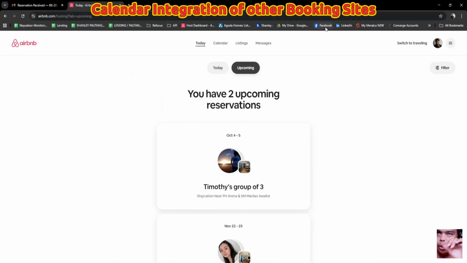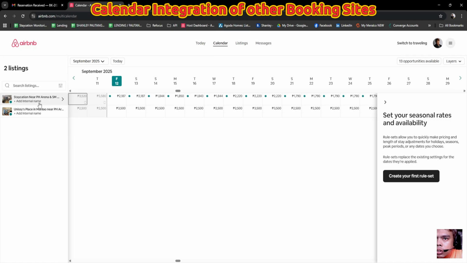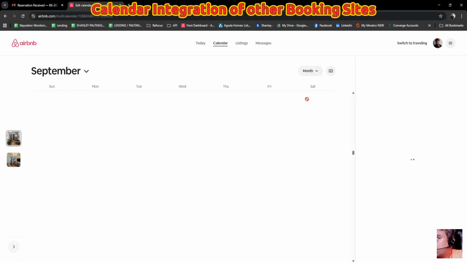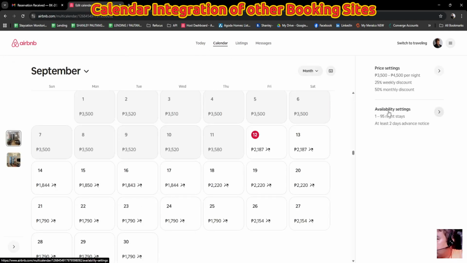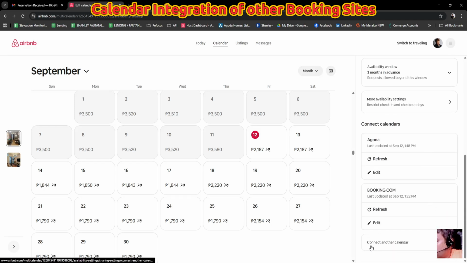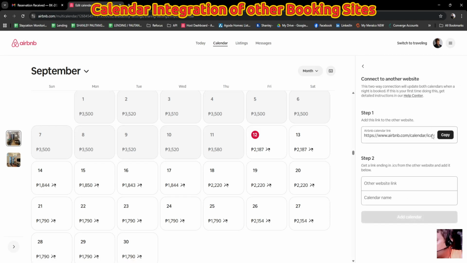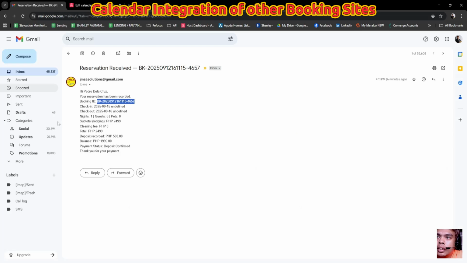So this is where you go if you want to look for the calendar that you want to paste here. First you go to the Airbnb calendar, then you click on here to open the calendar, and in the availability settings, go down. There is an option there to connect another calendar. So here, connect to another website. Then this is the part where you will be able to get the iCal link. So you'll have to copy that and paste it